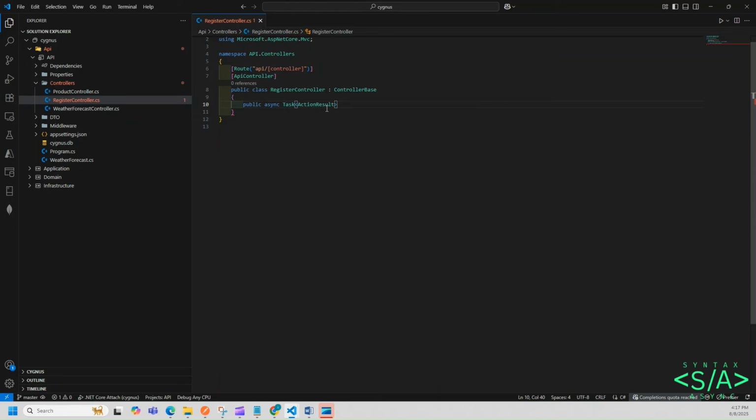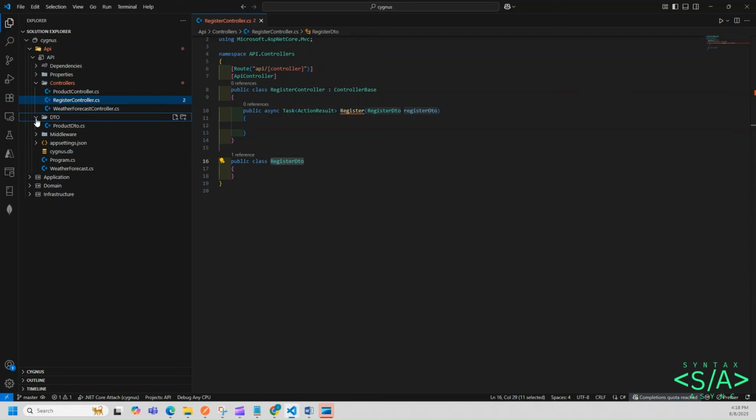So action controller, register, and what do we pass? We pass a DTO. I think we create one DTO called register DTO, and we create the register DTO from the generator class. Inside there we just move this. We move our folder here, DTO, rename the class to register DTO, and then